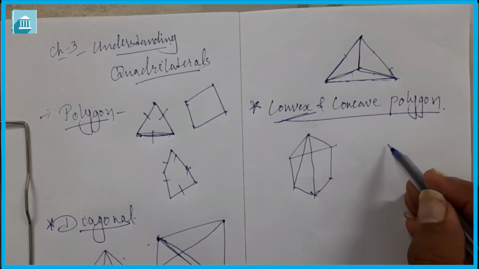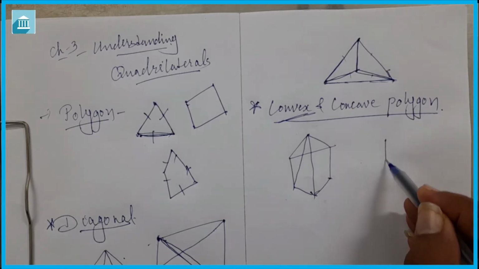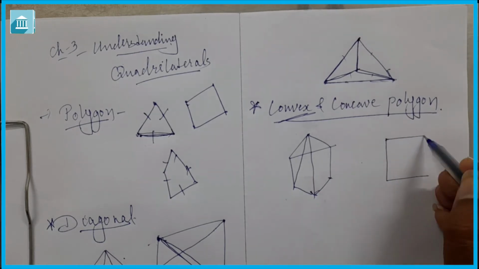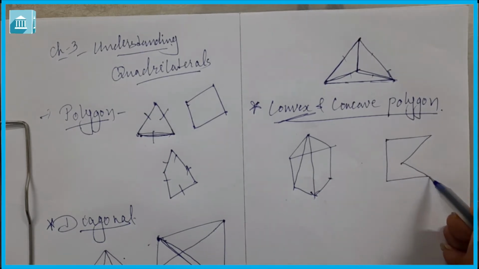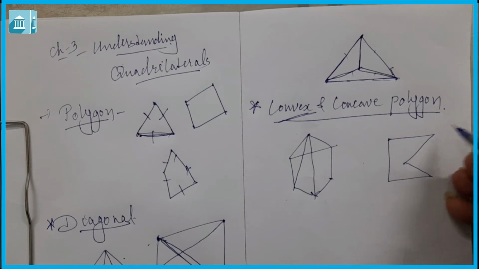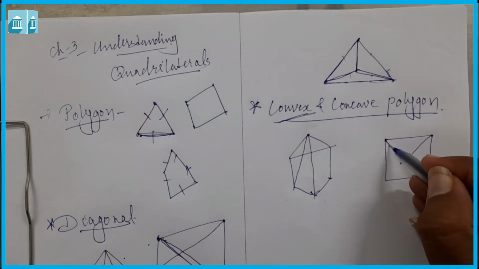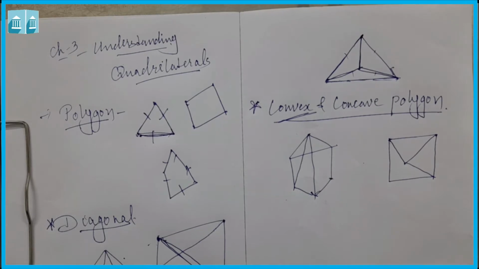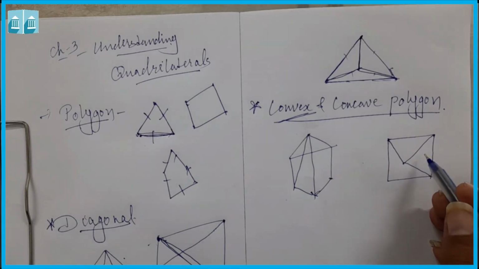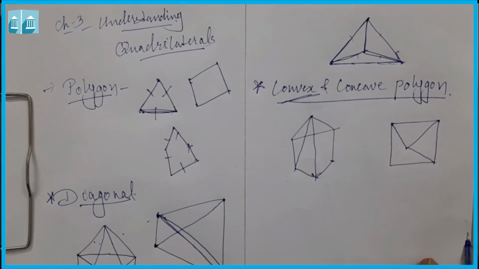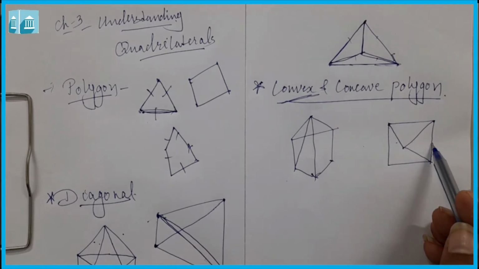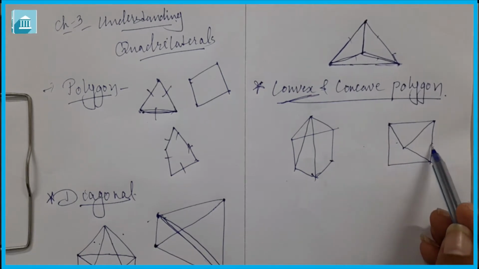Now suppose a concave polygon is there. For example, this is one of the polygons. If these two vertices, one diagonal is here. If these two vertices, one diagonal is here, which are not intersecting. So in this way, if two diagonals are not intersecting each other, then this type of polygon is called concave